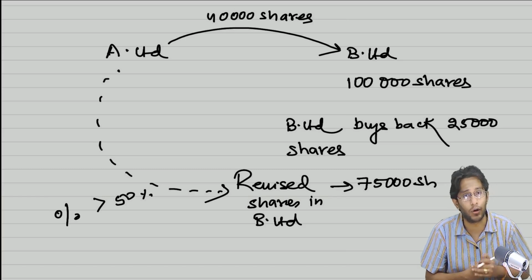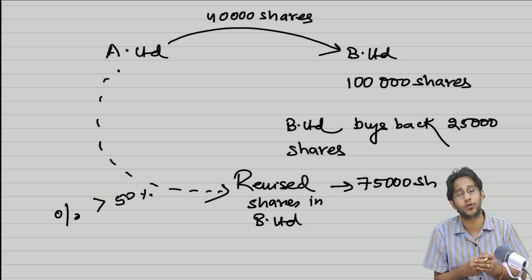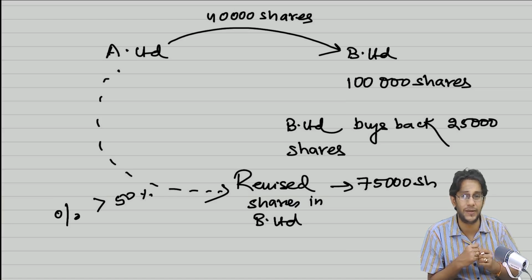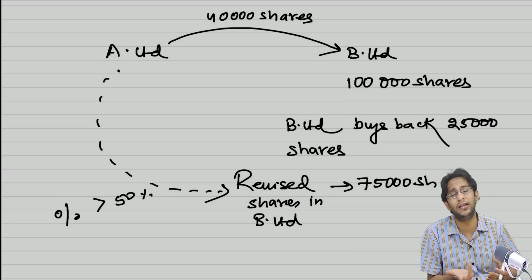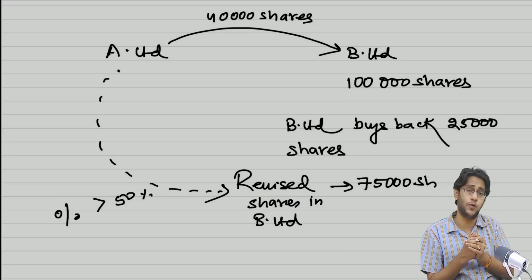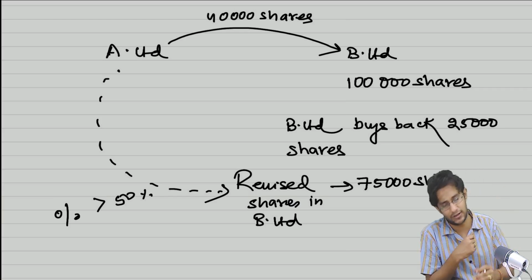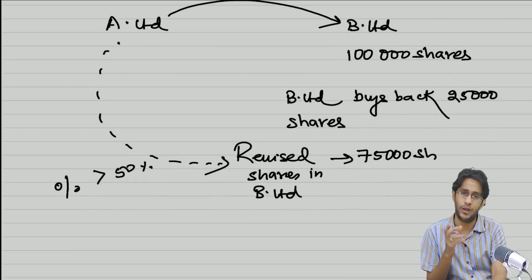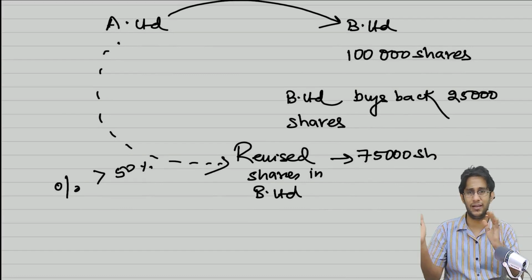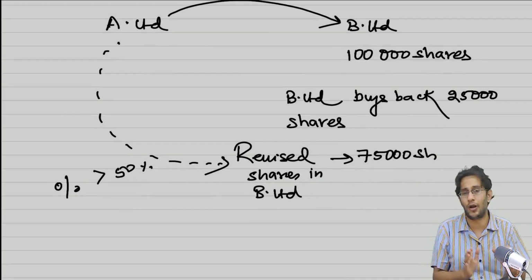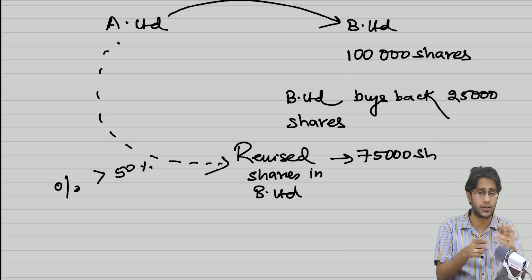So now that you are having control over B Limited, A Limited should go and determine goodwill or capital. If they have to work out goodwill or capital, first of all, they should know the PC. But they did not pay anything today. They paid some amount some 4 or 5 years back when they purchased 40,000 shares. So what amount will you consider as PC? So you should first identify which goodwill template will you use. It is not PC versus net assets comparison straight away because this is not an absorption case. It's a control acquisition case. B Limited is still alive, parent of the relationship.